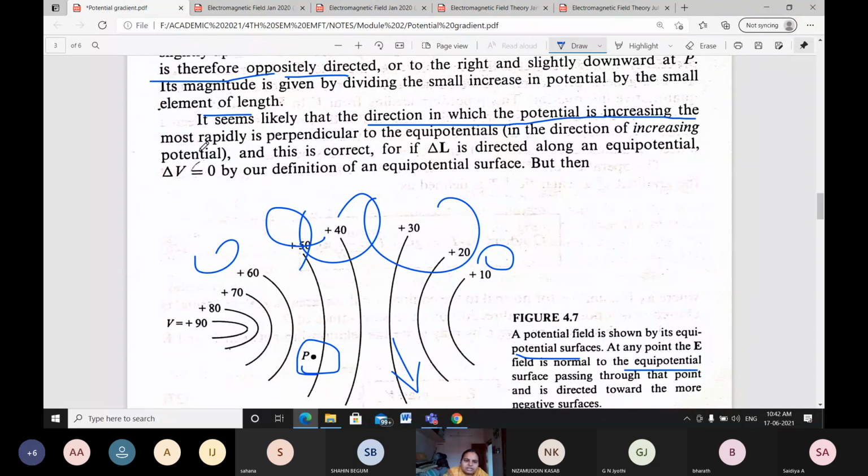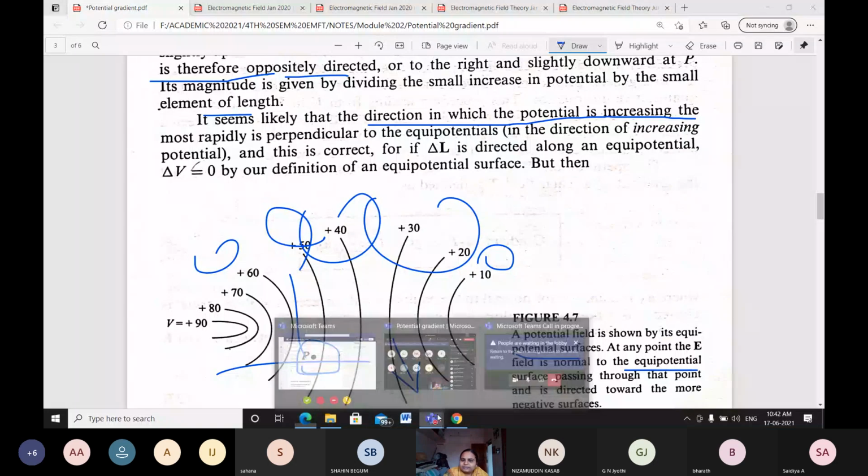In the direction of increasing potential it should be perpendicular, and this is correct if the condition is that delta L is directed along